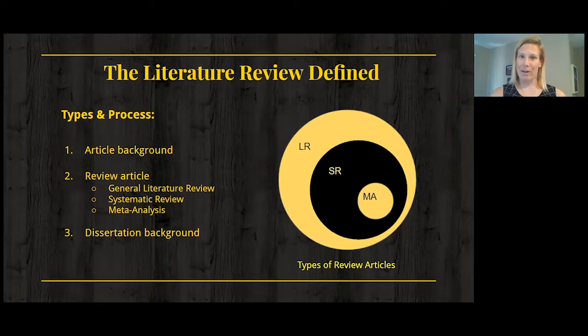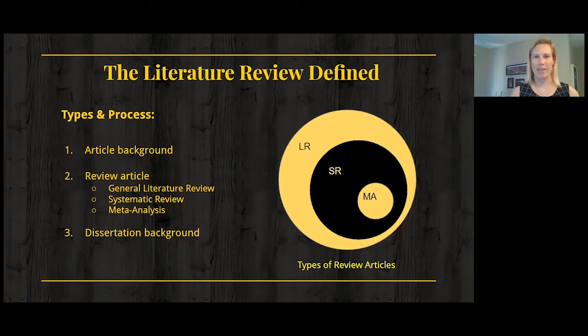The second kind is a systematic review, and that's a little bit more complex. A systematic review says, here's everything that's out there, but here's what it means. Paper A uses these methods, variables and outcomes, and paper B uses a completely different set of methods and outcomes. So how do we compare those two? The systematic review breaks it down and tries to compare them. Maybe in medicine, we've been using this drug, and there have been a lot of different case studies. How do we compile all of those to see if it's effective, or which medicine is the most effective? So a systematic review doesn't just give you the information, it tries to tell you what it means. And the third, a meta-analysis, is like a systematic review, but with data.